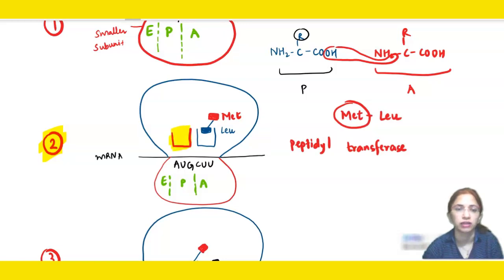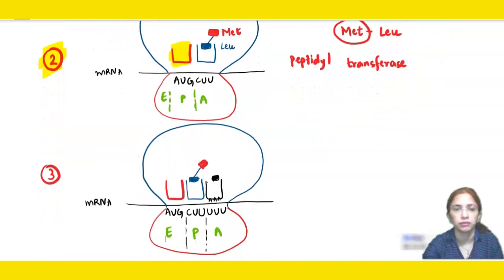The transfer RNA is empty now because its amino acid has gone to the A site, and the A site is a 2 amino acid containing site now because the peptide bond is formed between them, right? This is happening in the elongation process. Just after this, what will happen? The ribosome assembly will move a little ahead, right? It will move one codon ahead, right?